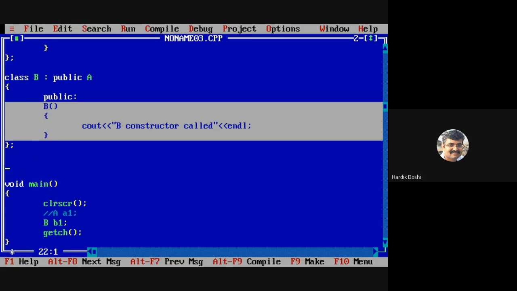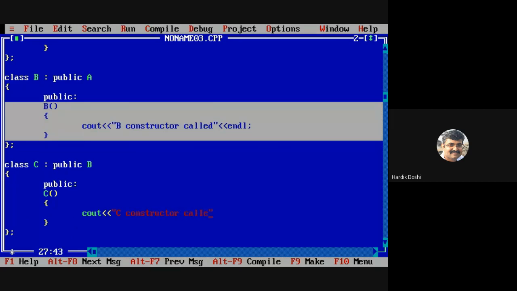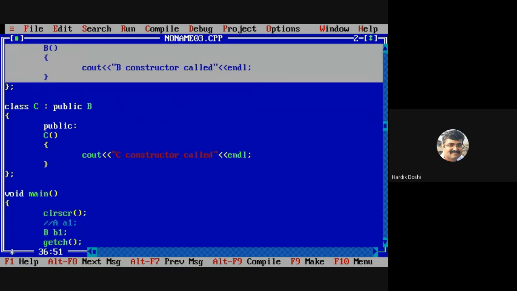You know what I'm going to do. Now, which type of inheritance is it?